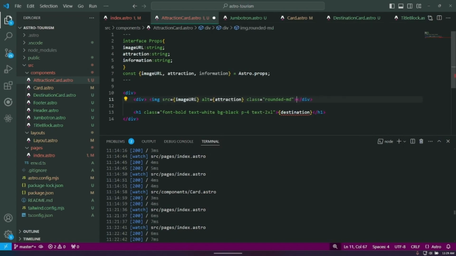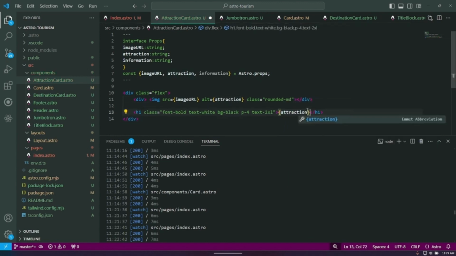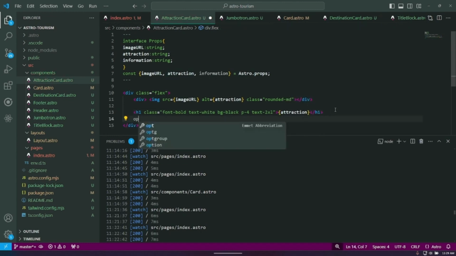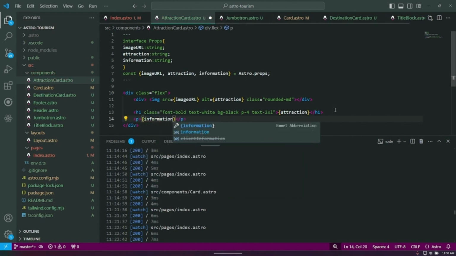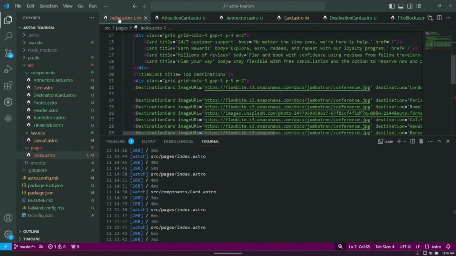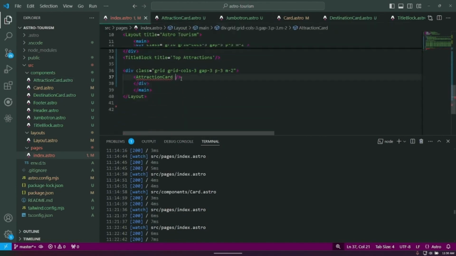And then we want to have a class of flex, because we want to have the attraction, and we want to have maybe a paragraph tag of the information. Right. And if we go into here, we can see the attraction card doesn't have anything, so we'll say